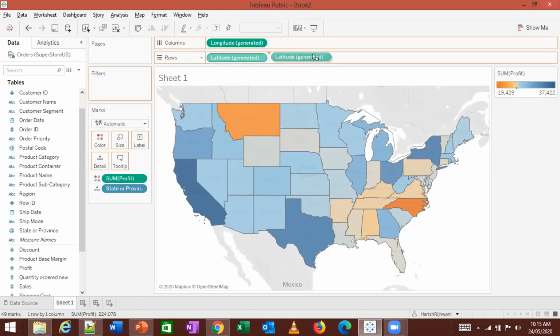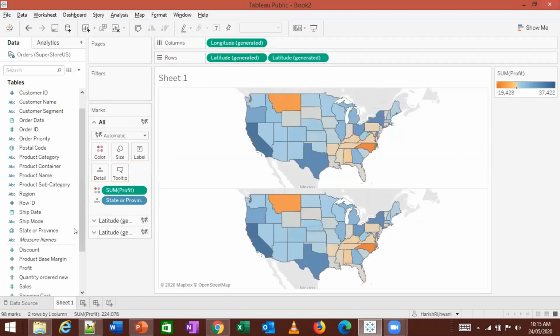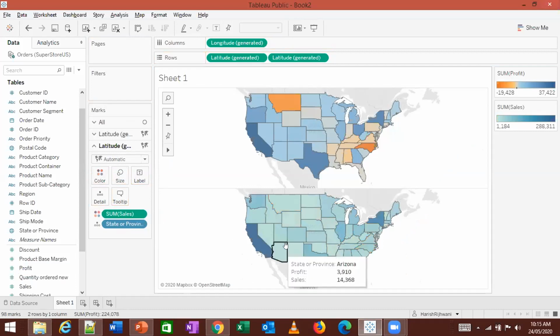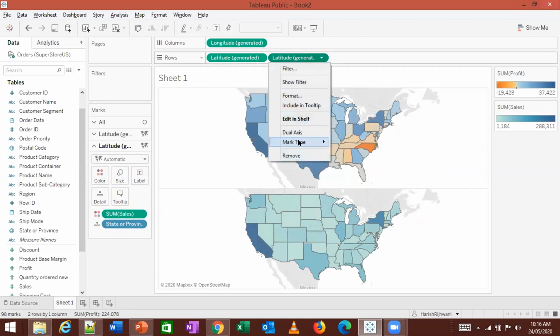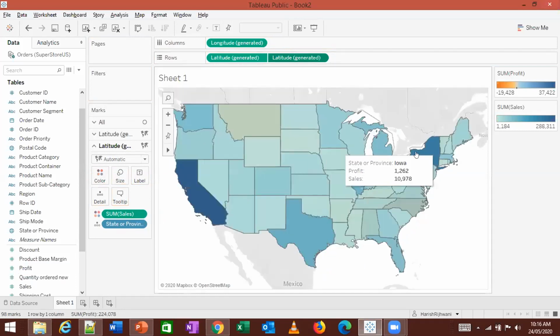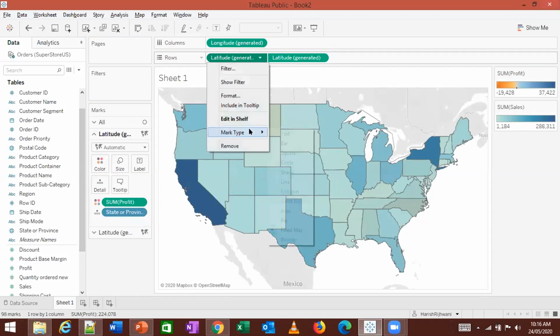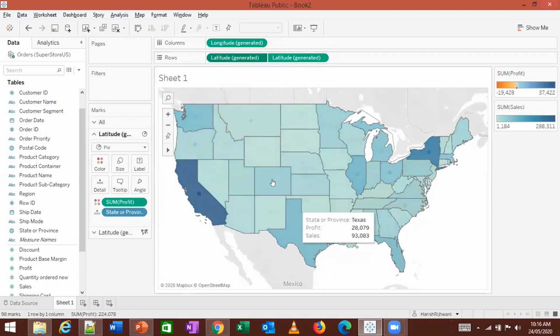Press Control and drag the latitude on the right. The second one, I'm going to add sales. Okay, make it dual axis. And for profitability, I'm going to convert profitability into a pie. That is the first one.